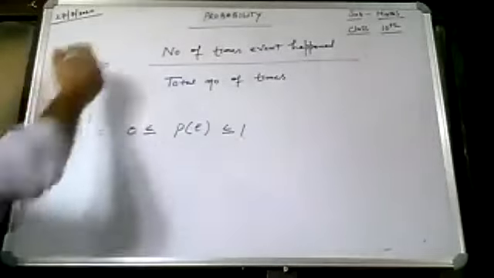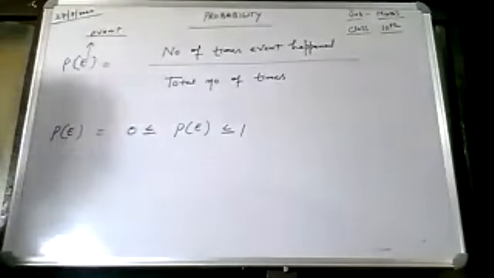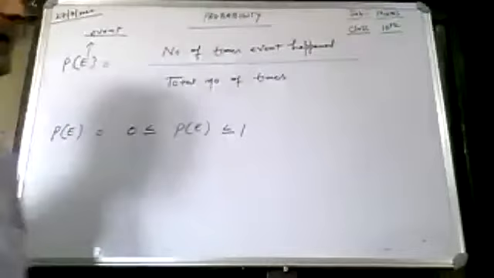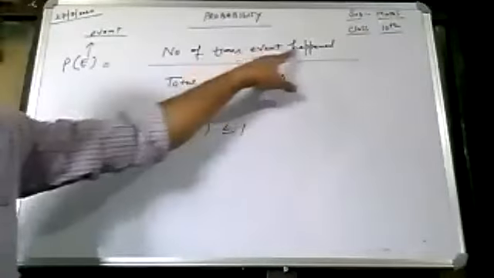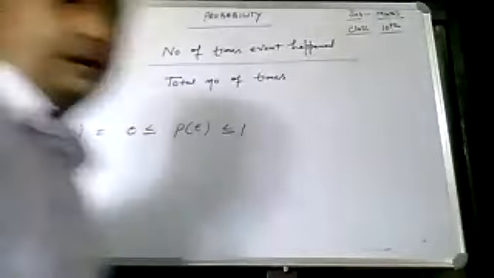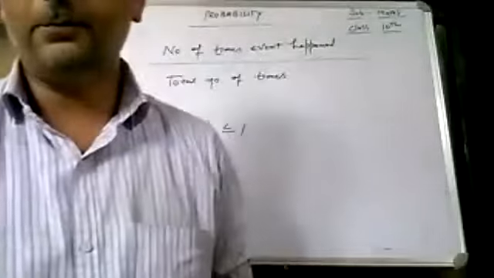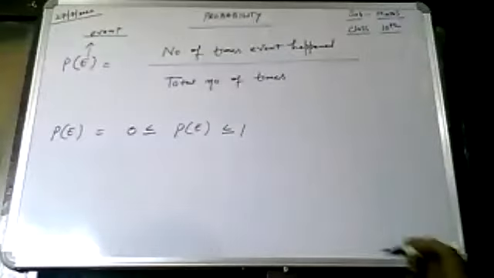Probability of an event E is equal to the number of times the event happened divided by the total number of times. Clear? Let us take an example to simplify the concept of probability. Suppose A is the batsman